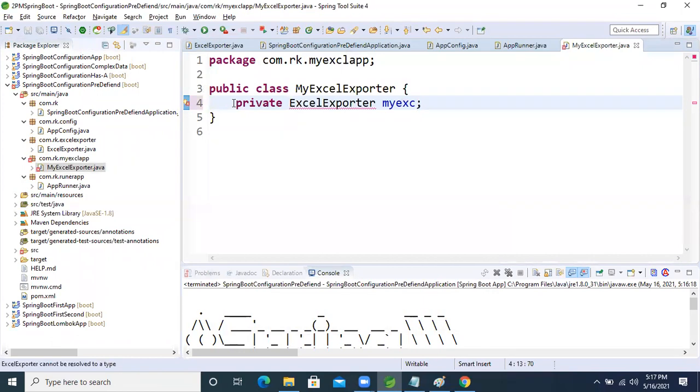private, right? Control shift O, importing the package. Why is it saying that cannot resolve?